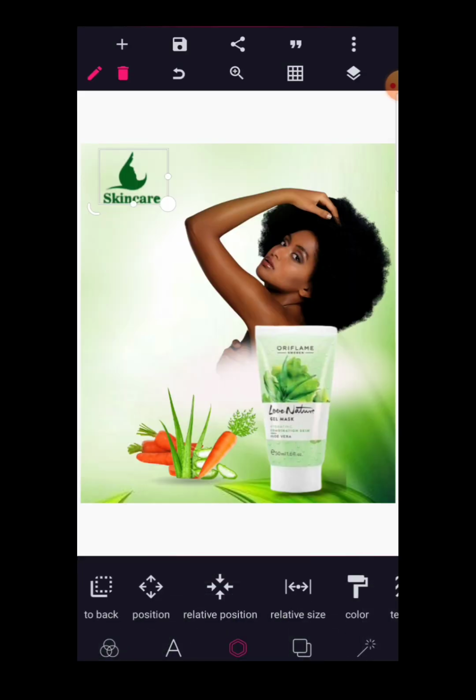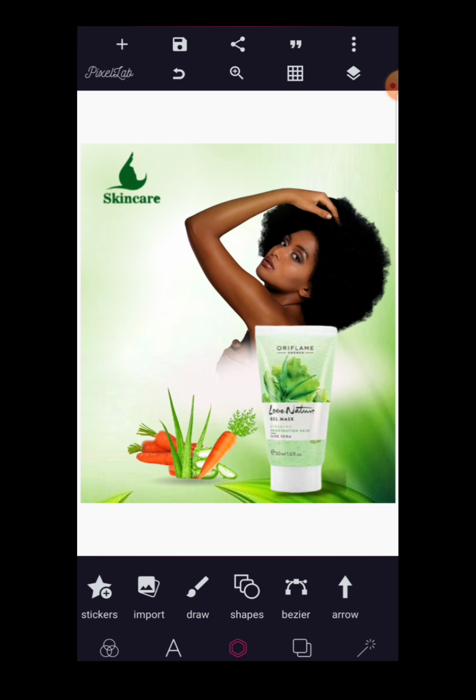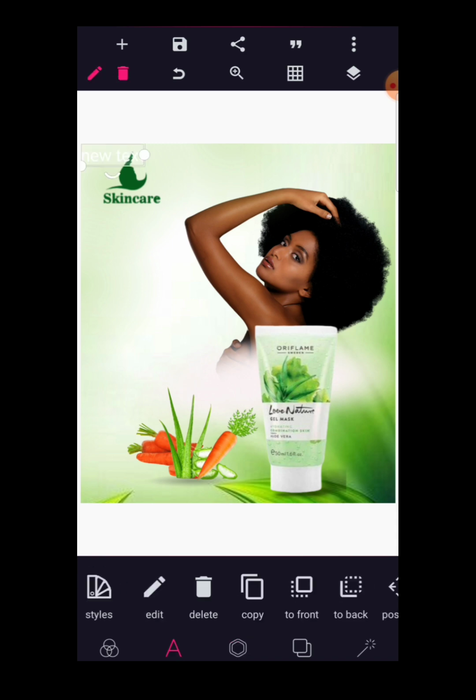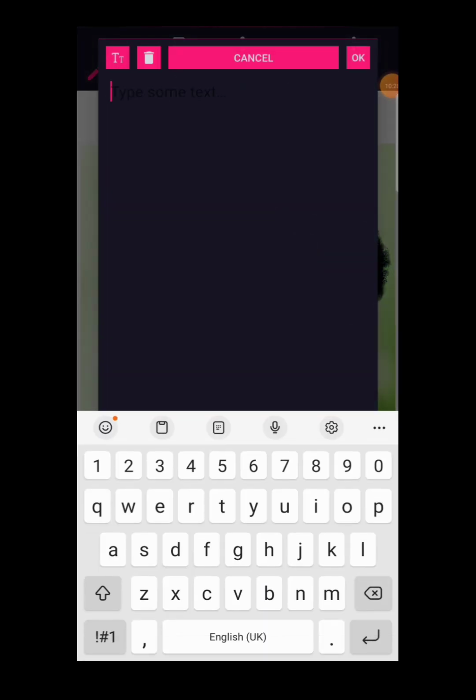Good. So we have the skincare. Now let's write some text to speak what we are trying to design on this flyer. So we're going to go to text and write. So I'm going to write on the text, double tap to write